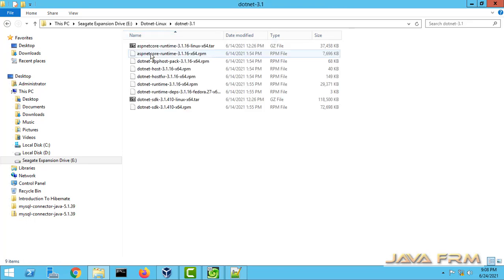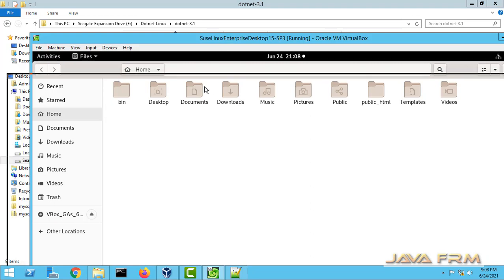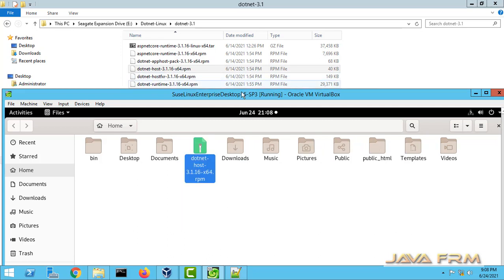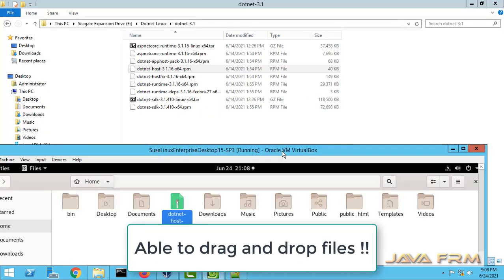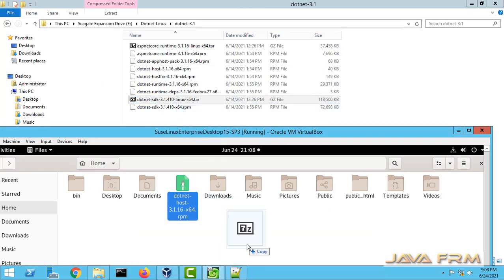Yes. So I am going to drag and drop some files to SUSE Linux Enterprise Desktop 15. Yes, I can drag and drop. So I can copy from the Windows host to SUSE Linux Enterprise Desktop 15 Service Pack 3.